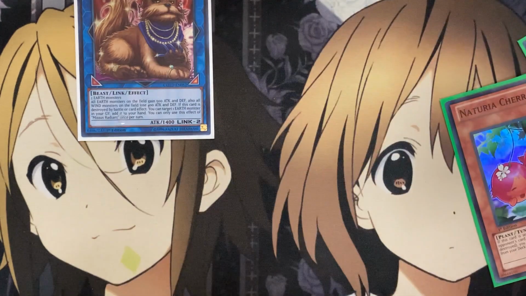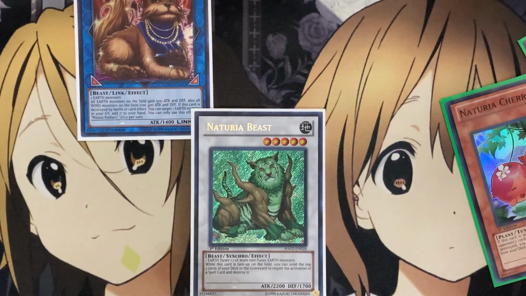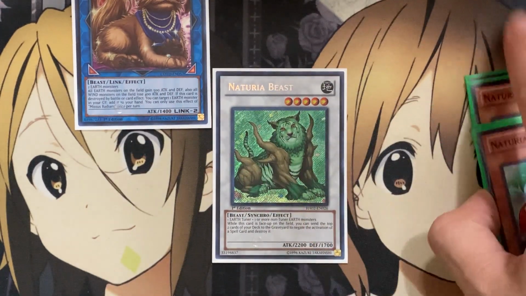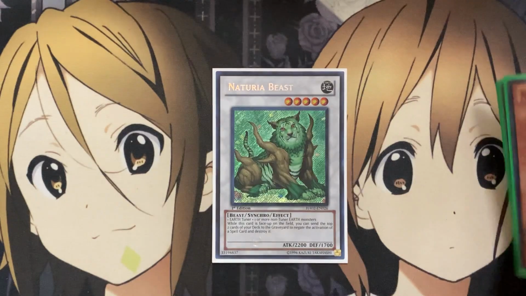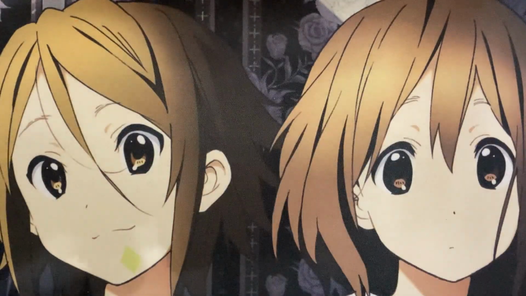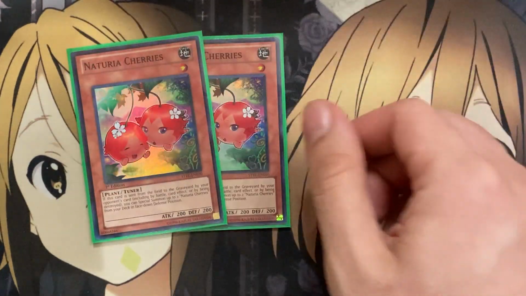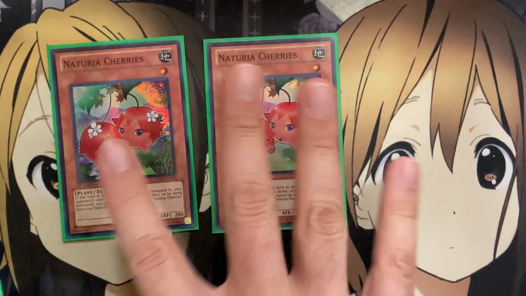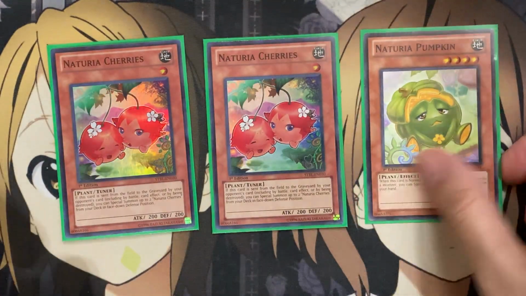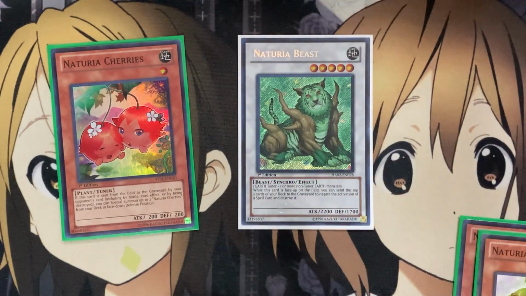Then you can use Naturia Cherries and Pumpkin to then summon out your Naturia Beast, which would be boosted by your Mrs. Radiant, making it all the more scarier of a synchro monster on the field, which then, if your opponent takes out the Mrs. Radiant, gives you recycle power for another card in your graveyard. If you just wanted to, let's say, stick to the one Cherry, or let's say your opponent destroys the Cherry and gives you the 2 on the field, and you summon out the Pumpkin, but you don't have the target for the Pumpkin on the field, you can synchro summon into your level 5 Naturia Beast using the Pumpkin, but